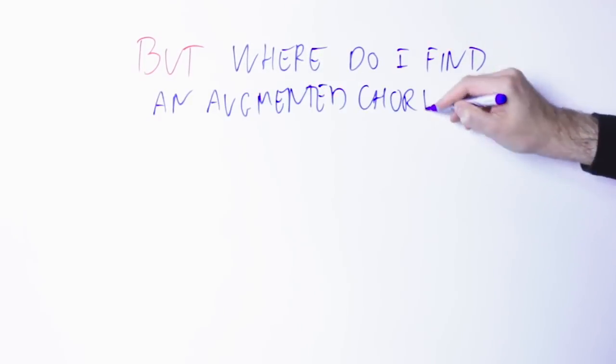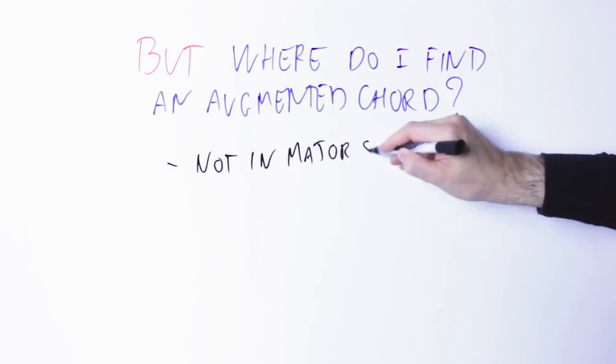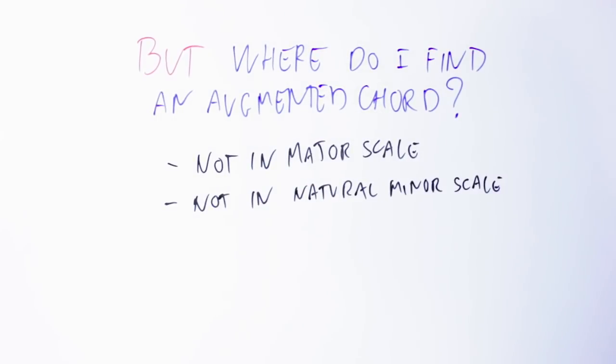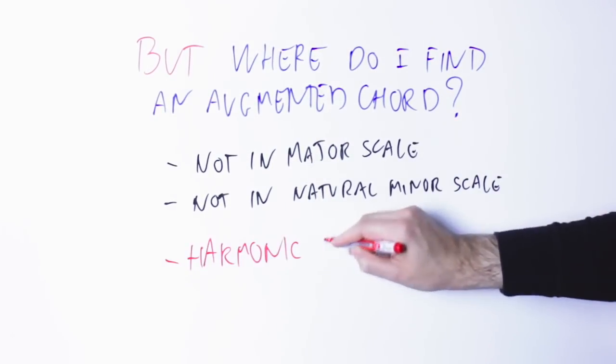But where do I find an augmented chord? If I look at the major scale or the natural minor scale, I cannot fit in any augmented chord. Like Darth Vader would say, I find this lack of augmented chords disturbing. Luckily, there is a place where I can find an augmented chord, and this is inside the harmonic minor